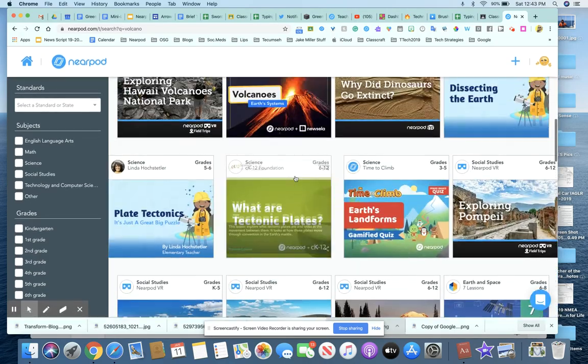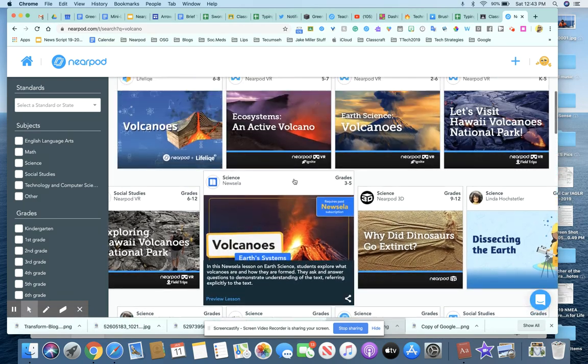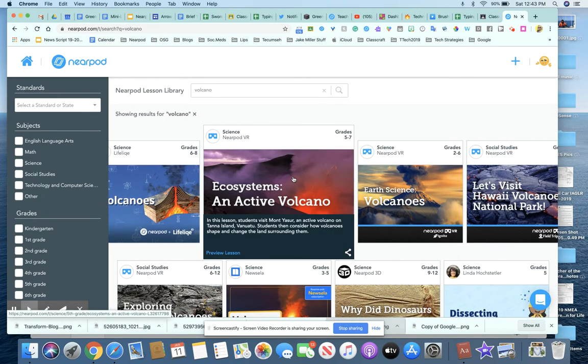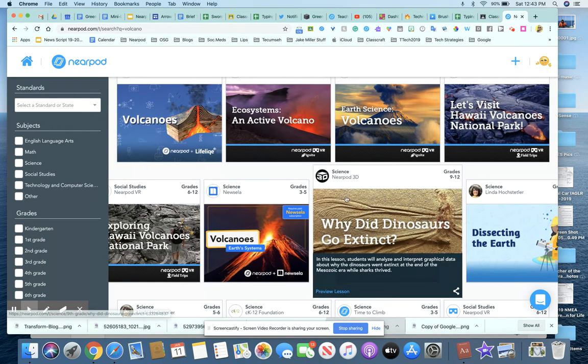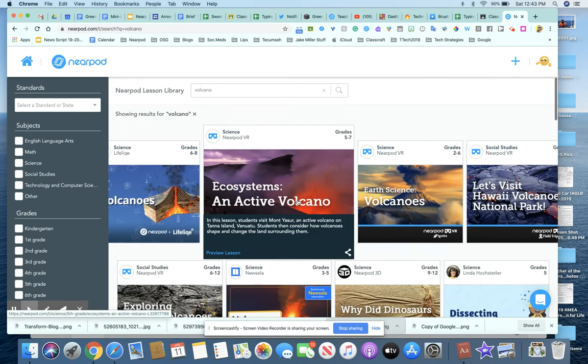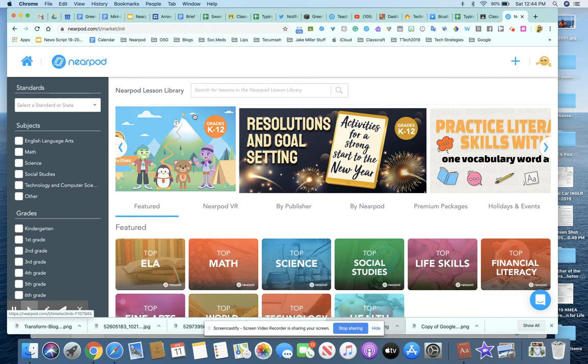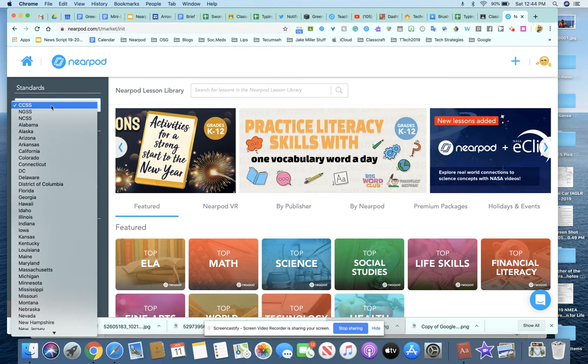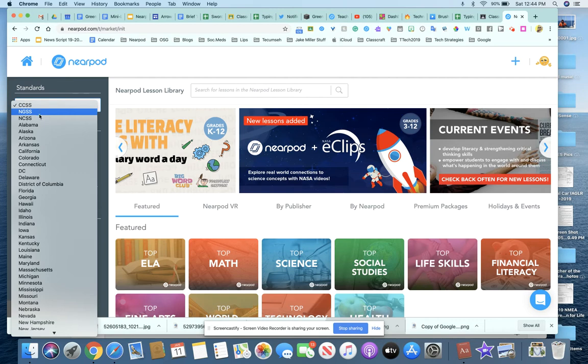And you can see that they try to give you a heads up as to what type of resource is featured. It looks like this one features VR, virtual reality, a couple other VRs here. It looks like this one features some 3D objects. So you can just kind of go rogue and search that way. I'm going to take that out of the search query and show you how you can search by standards. So you can actually look at the Common Core State standards, the National Science standards right here, the NGSS standards,